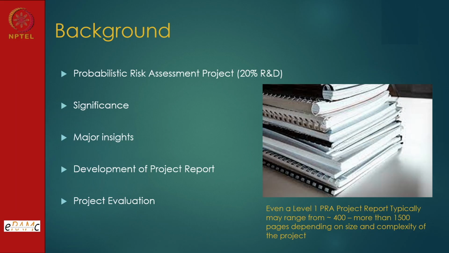But what is the size of this study? If I tell you, this image I have taken just as symbolic, a PRA project can be captured in almost 400 to 500 pages for a small plant, and for a mega plant like a power reactor, nuclear power plant, or chemical process plant, it might go into more than 1500 pages, 5 volumes, 7 volumes, like that. So that means a lot of work goes into it, and comprehending those things and presenting the results.